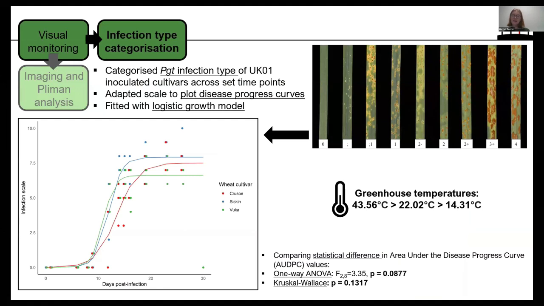So firstly, I did a more subjective approach where I was just monitoring visually using this arbitrary scale. And then I carried this forward to plot disease progress curves through time following inoculation and plotted this with a fitted logistic growth model. As you can see, the 3 cultivars I trialed all showed very similar patterns of Uredinia spore emergence, which is the sporulation patterns through time, suggesting that with this specific strain, there's a very similar pattern